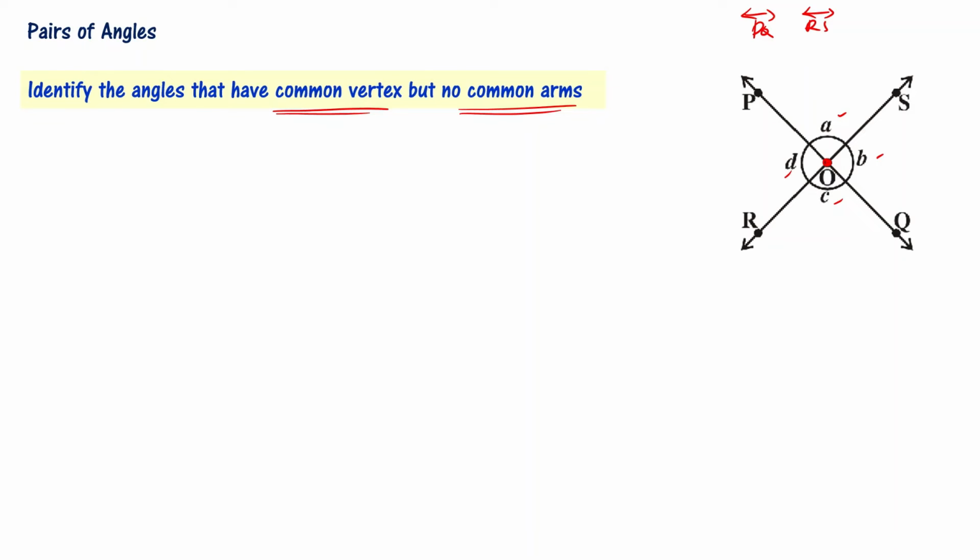Right? Now, this is one angle, angle D. This has got two arms. Another angle, angle B, also has two arms. These have a common vertex but no common arms. This is one combination possible. The other combination is I have